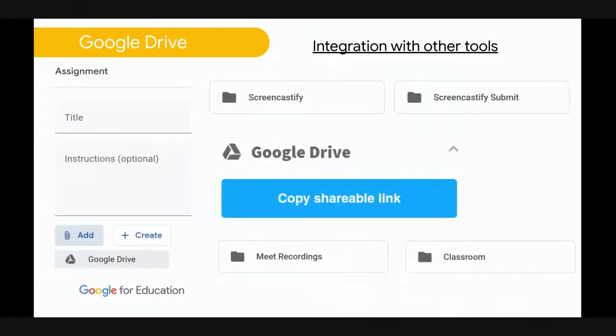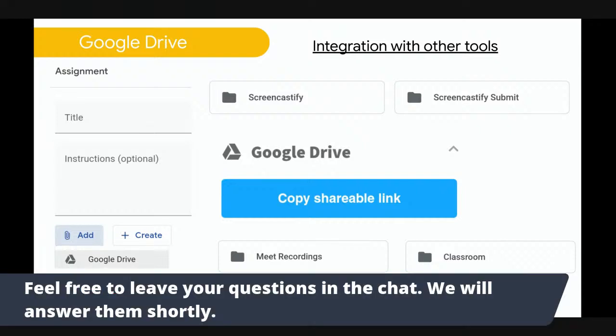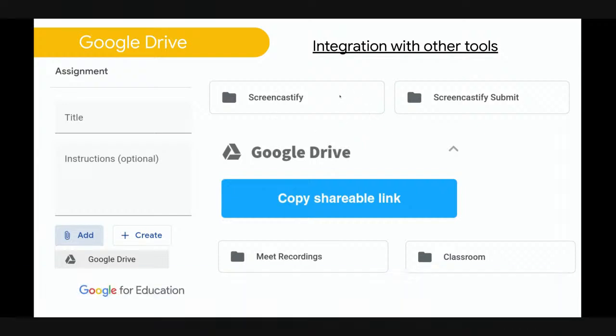And then the second way that we're using Google Drive is really through its amazing integration with other tools. So obviously it integrates beautifully with Google Classroom. So it makes it really easy for teachers to add resources to their lessons. I've already mentioned that we're using Screencastify for videos, and Screencastify videos that we make save automatically in your Google Drive in this Screencastify folder that it creates for you. So it's really easy then to share your videos with students, whether these are giving instructions or perhaps actually talking through a lesson.